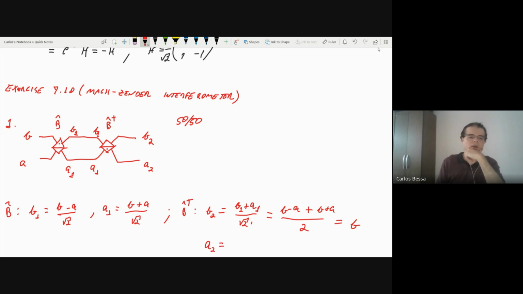A2 would give A1 minus B1 over square root of 2, which gives, just a moment,